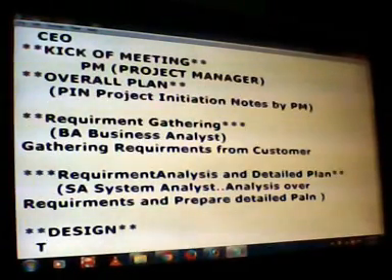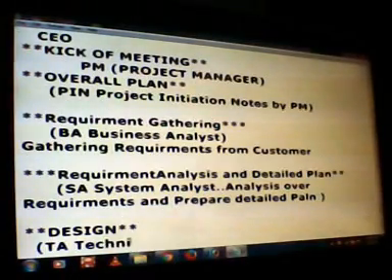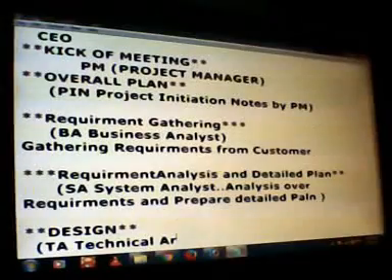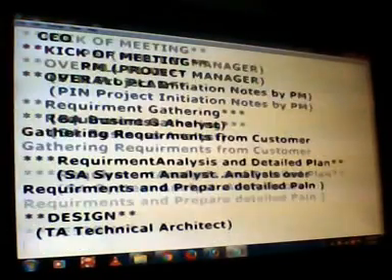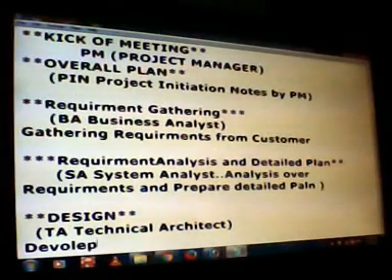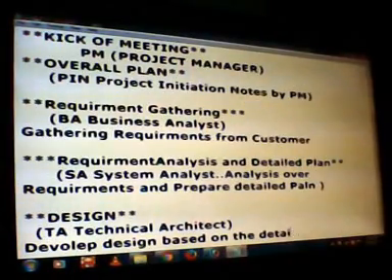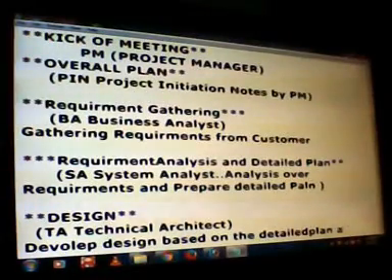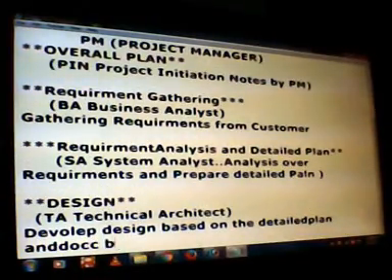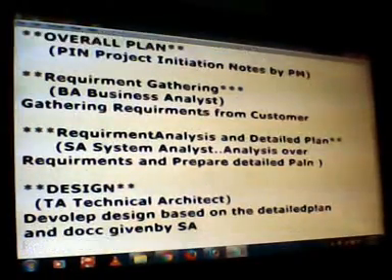The technical architect is going to develop the design based on the detailed plan and the document given by the system analyst.